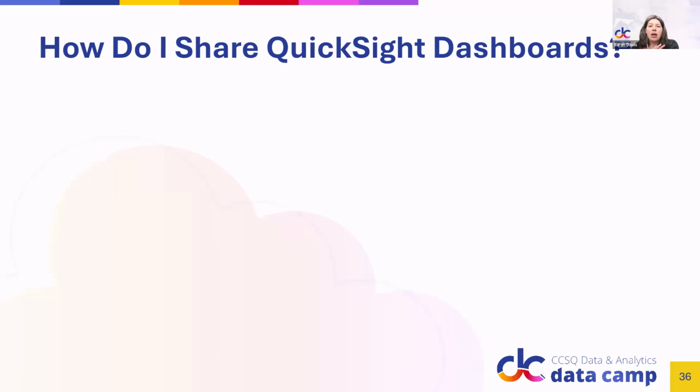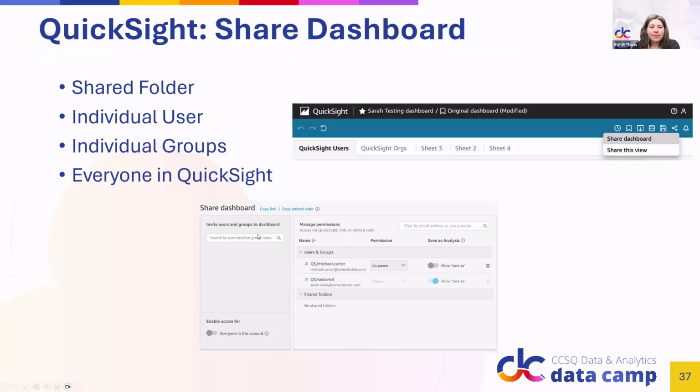So let's talk about all the different ways you can navigate to sharing dashboards within QuickSight. Next slide. So we talked about shared folders. We set up each group with a restricted shared folder, and that structure of folders is shared based upon your HARP roles and permissions. You can also share with an individual user. So if that person is outside of your HARP org, you can add an individual user.